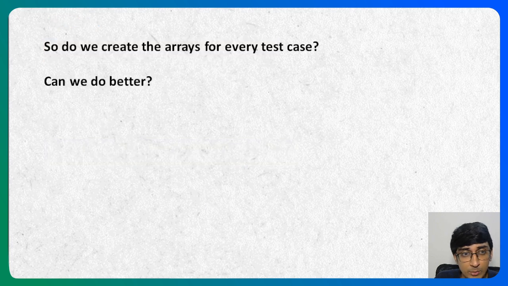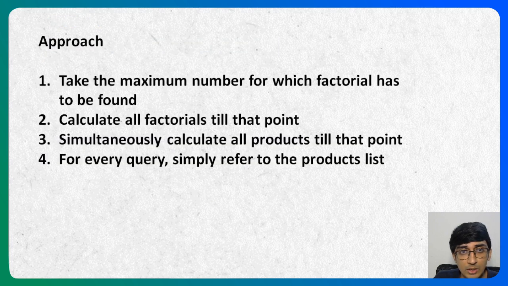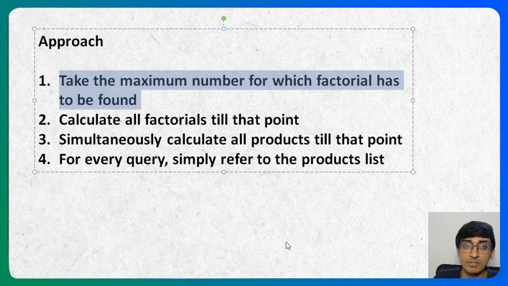Let's actually check out our approach over here, right? So take the maximum number for which the factorial has to be found. This is the crucial part, because while this is great, we don't want to keep doing this again and again. If we find till the maximum number, in this case, it was 10 raised to 5 as per the question. So let's say we find all the way up till 10 raised to 5. We actually don't need to find till 10 raised to 5. I'll come to that while we're doing the solution. But let's say we find all the way there. Any test case that is coming is between 1 and 10 raised to 5. We will have found all of the values between it.